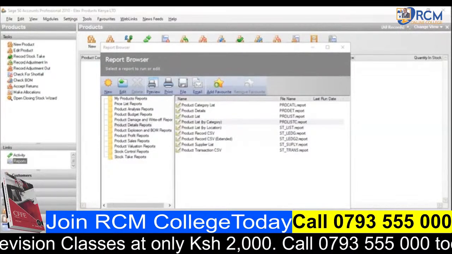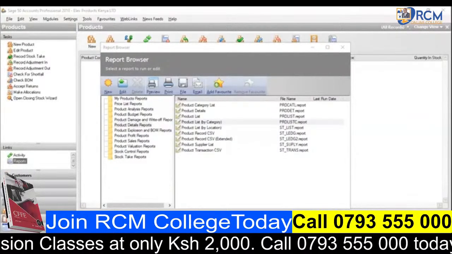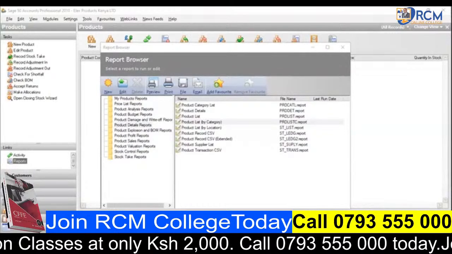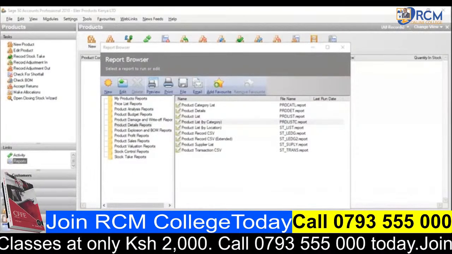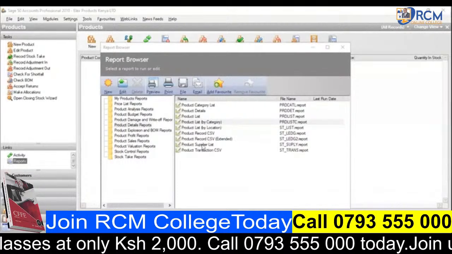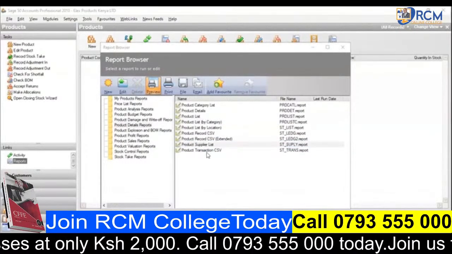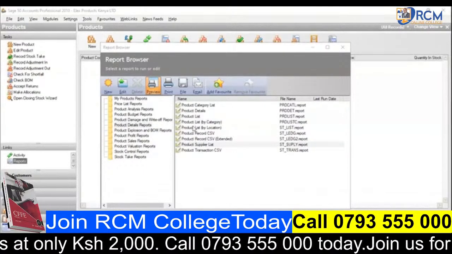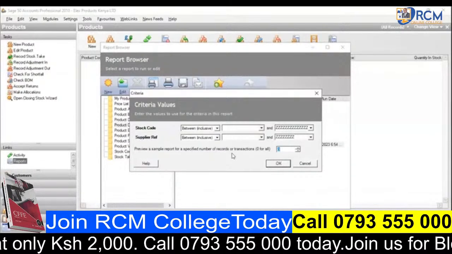Okay, so I was saying that when you are keying in your products, you are given the space to indicate your preferred supplier for a given product. So when you come to this list here, the product supplier list, if you click on it and then you make a preview, mine will not be available because I don't have the data for it. So if you click on the preview, it will be able to give you